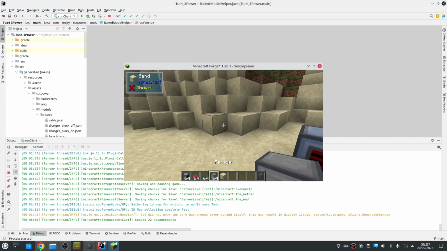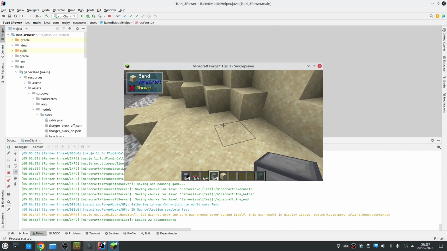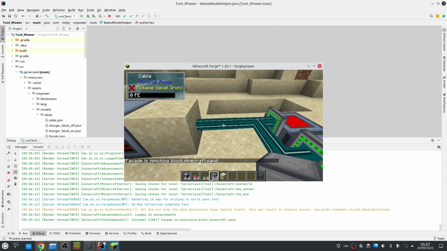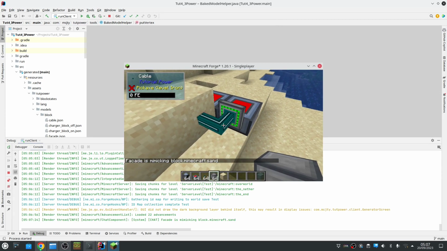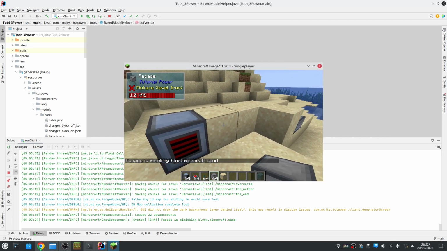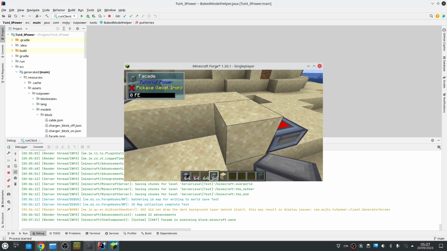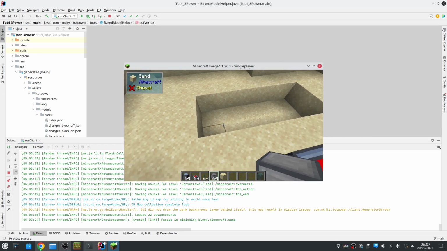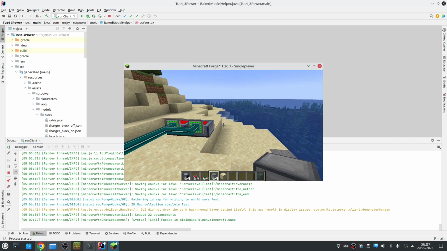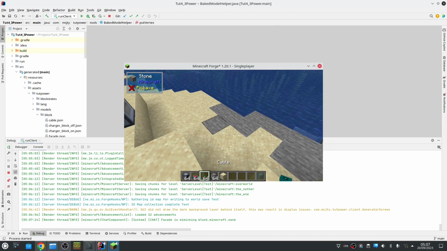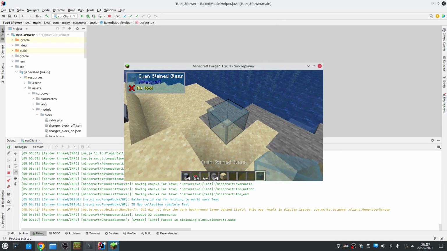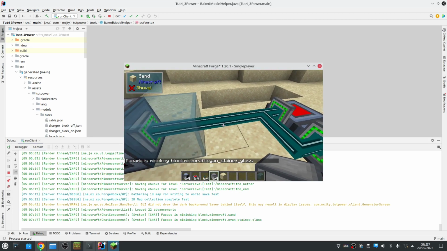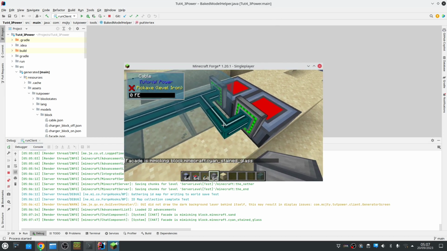We also want to be able to mimic blocks. We are now mimicking sand. Now we have cables that are hidden. And if you break them, you get it back. The final feature we want, also mimicking, should also work on glass. Let's try that. Yeah, that actually looks